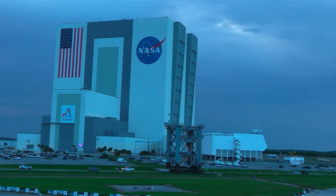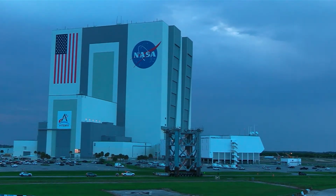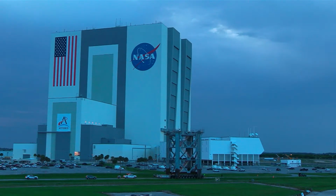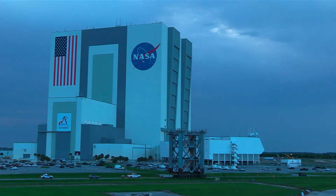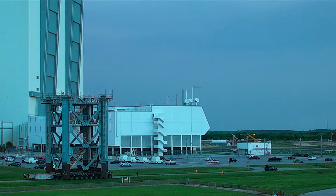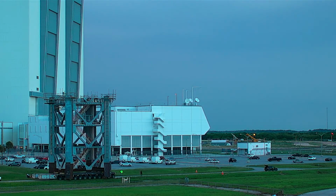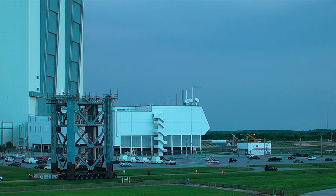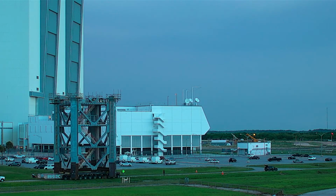The vehicle assembly building you see behind, on the other side of the road, opposite from the Starship Tower segment, stands 525 feet tall. And in the most distant high bay, on the right side of the VAB, is the High Bay 3 door, and inside High Bay 3 is NASA's Space Launch System, the large moon rocket that is being prepared for its first test flight on the Artemis 1 mission